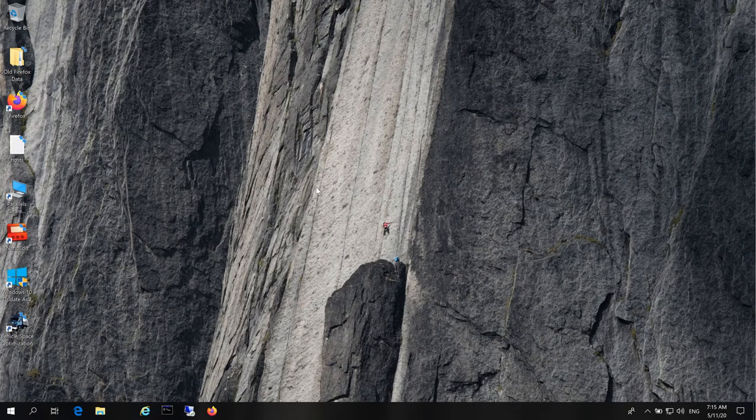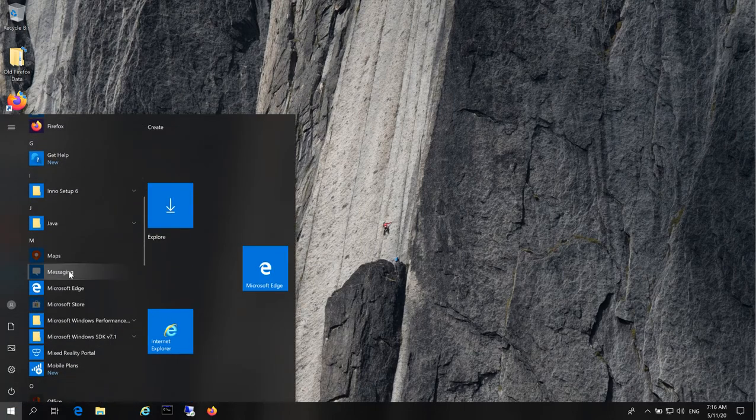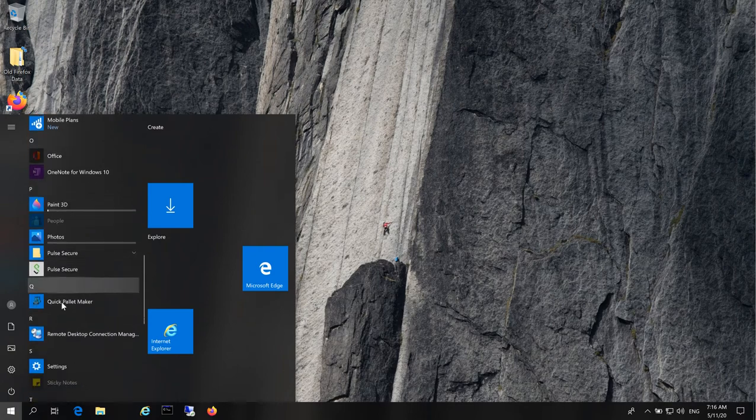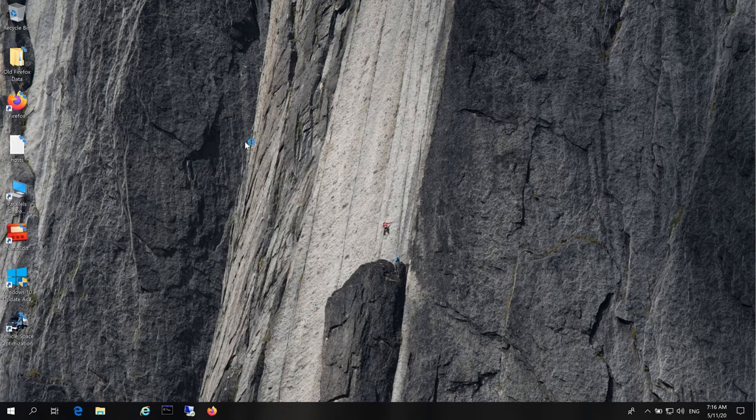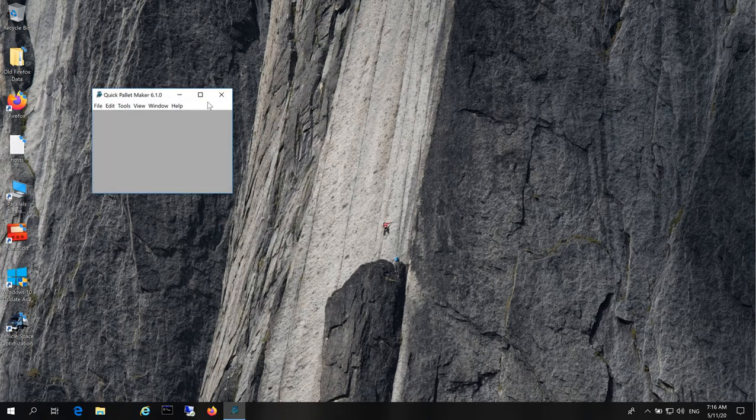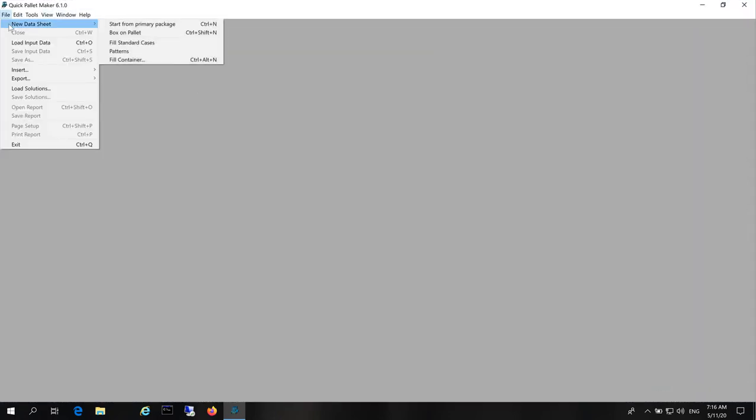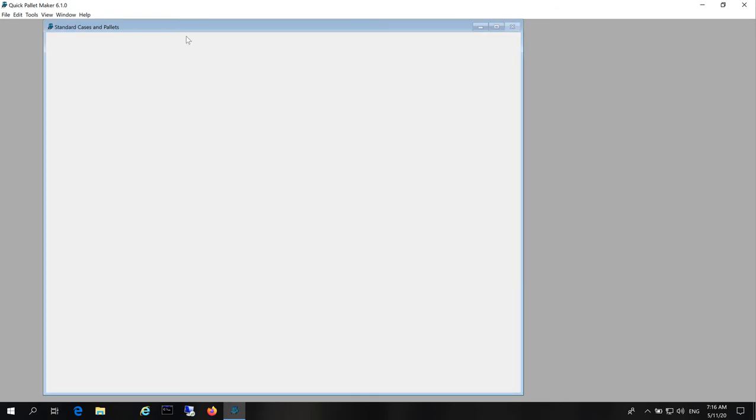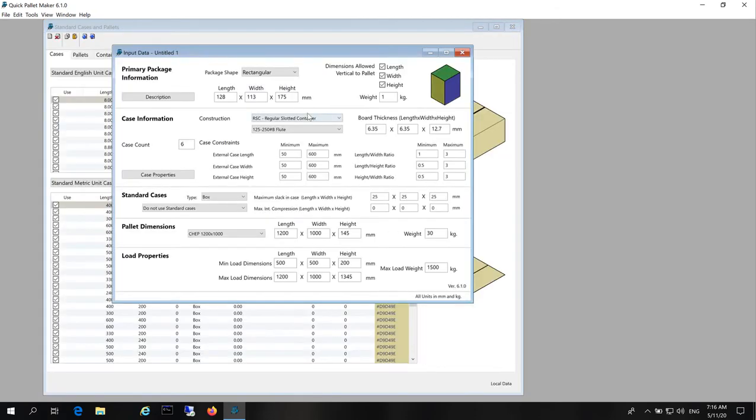This example explains how to use Quick Pallet Maker to create drums that will be saved as boxes. The first step is to run the software application. Next, we will open a new datasheet starting from primary package, and we make sure that we are working with